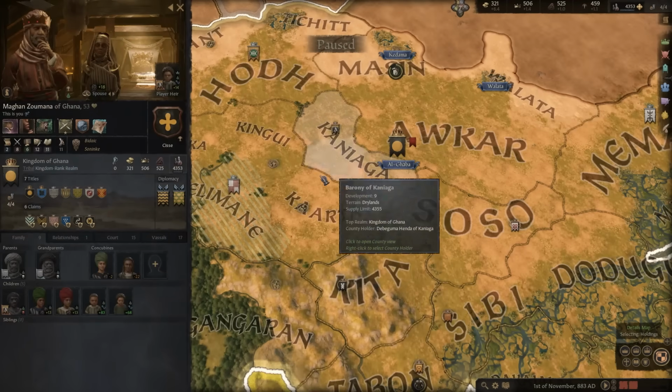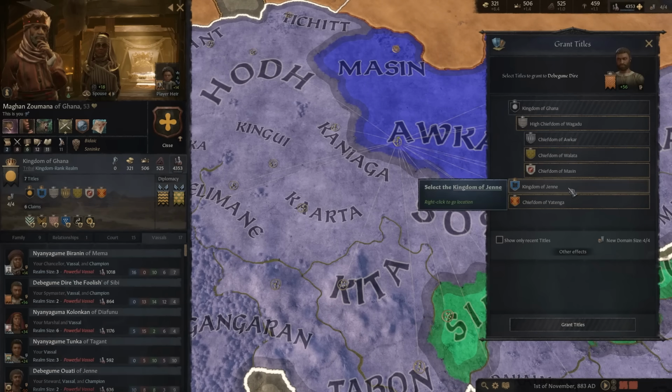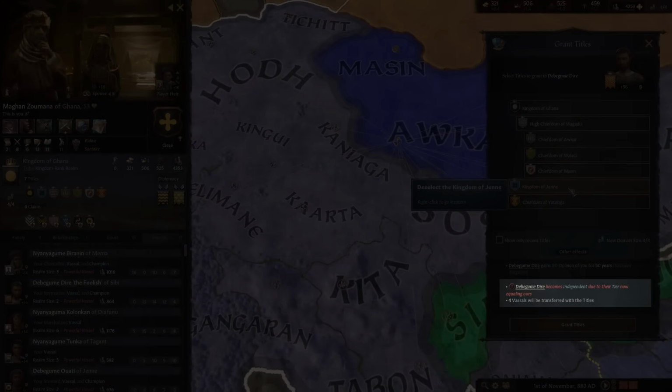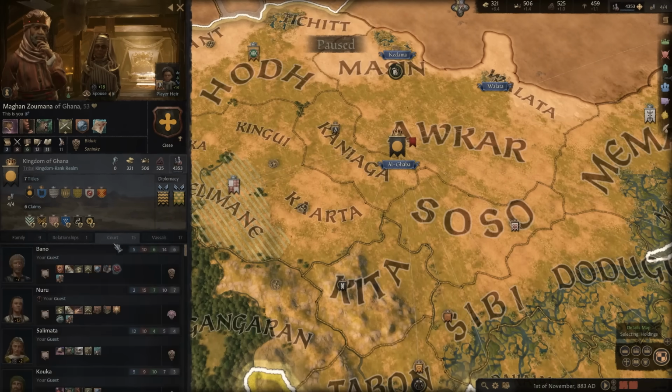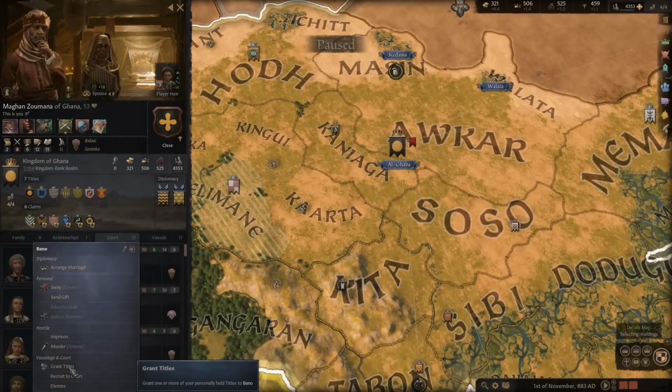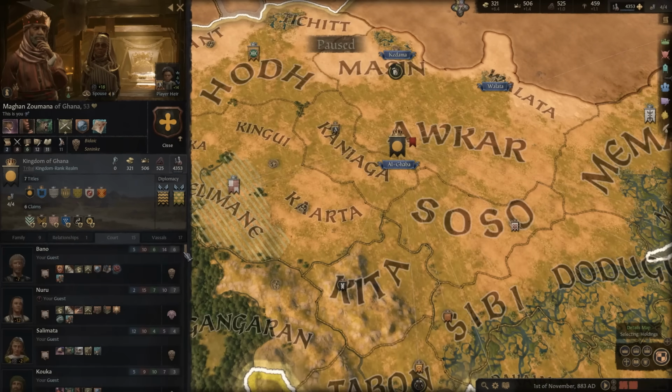You also want to make sure you never give somebody a title that has the same rank as your primary title. If you do that, you'll be granting them their independence. Titles can be granted to existing vassals or to unlanded members of your court to raise new vassals. It's a good idea to pick vassals based on their skills and traits,